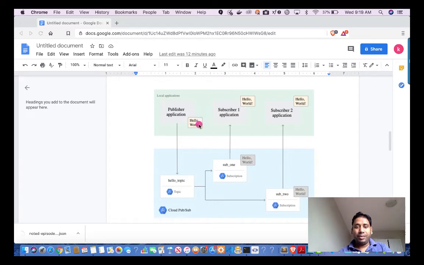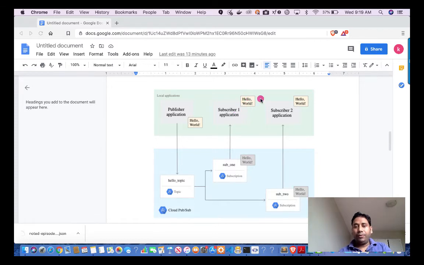The publisher application will push this message to the Hello topic. The topic will store this message and then push these messages to the subscriptions. From that subscription, the subscriber will get the Hello World. If you can see, I posted Hello World here, and then it went to subscription 1 and subscription 2, and then the subscriber applications are getting this message. Okay, so this is the holistic view of how PubSub works.